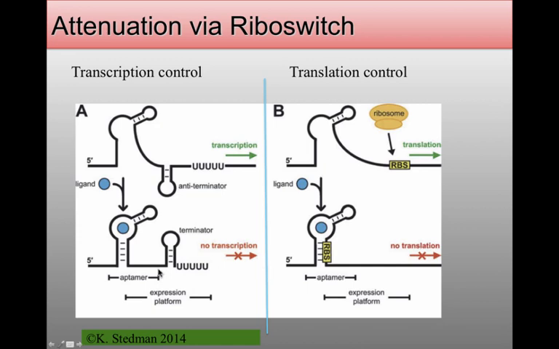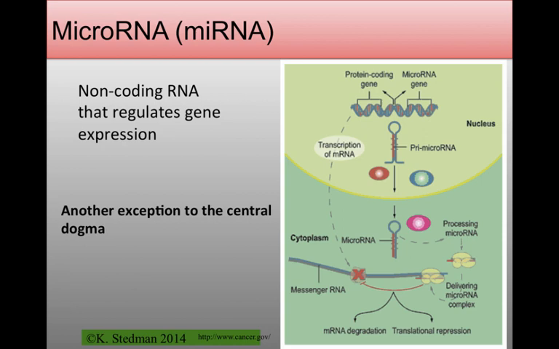And that binding can either cause a secondary structure to form which gives you transcriptional termination, or it can also regulate translation, usually again by forming a secondary structure which blocks your ribosome binding site. This is the case in bacteria because you've got coupled transcription and translation, so that can happen that way. There are a few riboswitches that you find in eukaryotes, but they're much more common in bacteria. On the other hand, the small RNAs, the microRNAs and the siRNAs, these are the ones that are much more commonly found in eukaryotes.